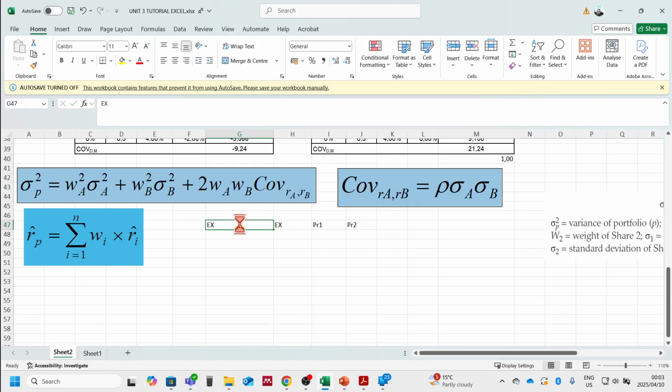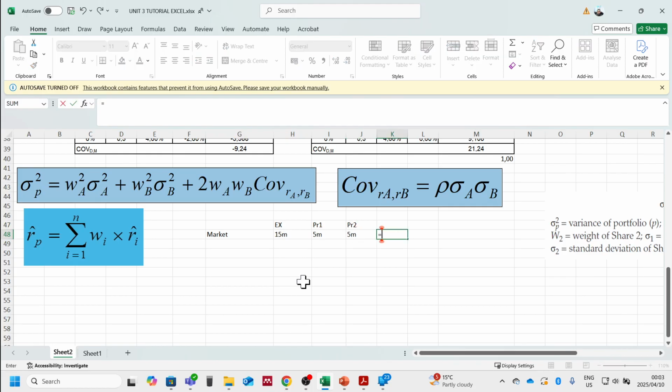And then remember, I did mention that when it comes to this, we get to use the market values. So the market value for existing is 15 million, and for these ones are 5 million each. So in total, the total investment value for selecting one of these projects will be equal to